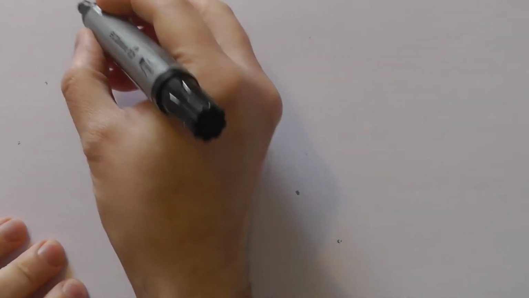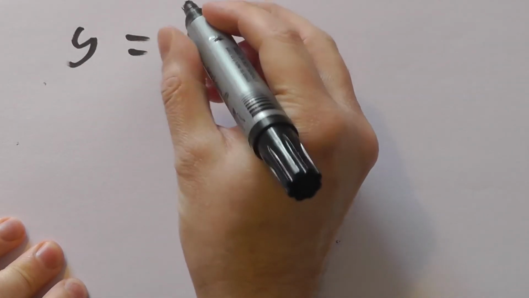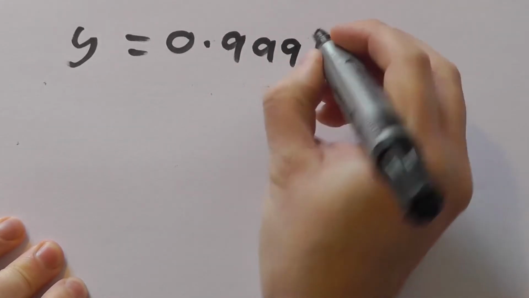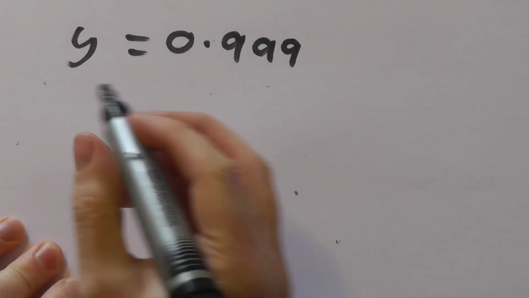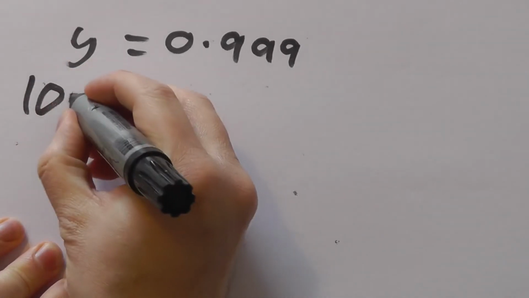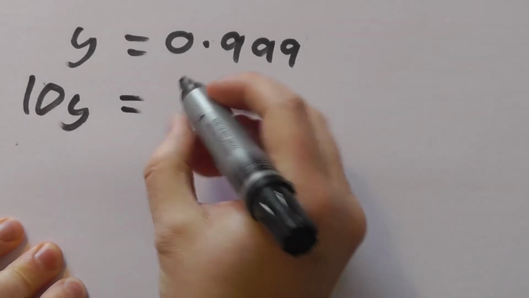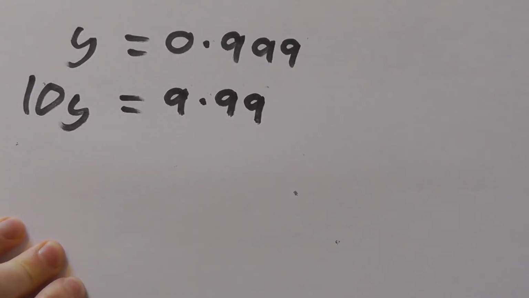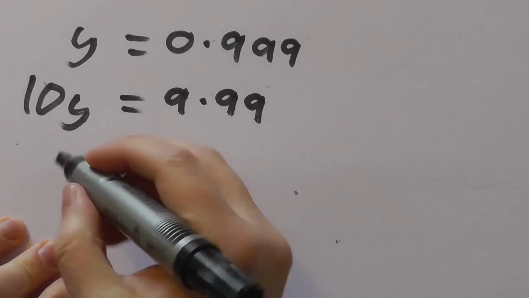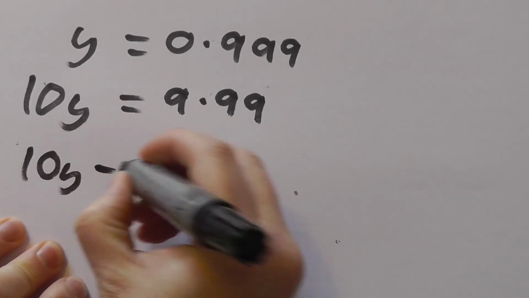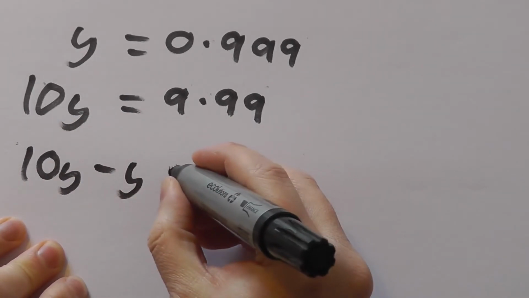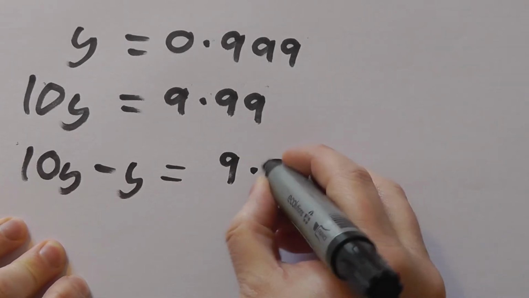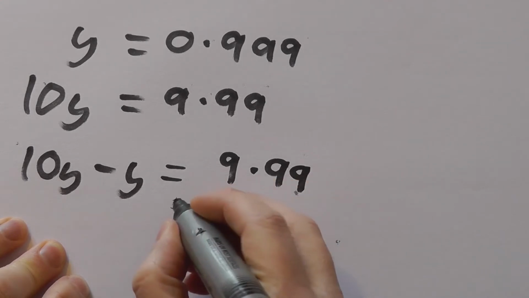If instead we had y equals 0.999 and then ending there, not going on forever, 10y is 9.99, and then it stops there, does not go on forever. 10y minus y is 9.99 minus